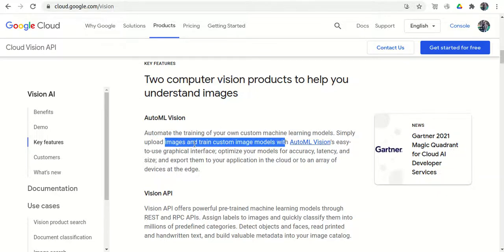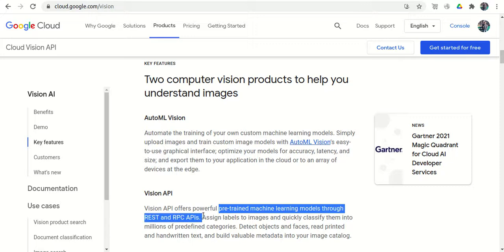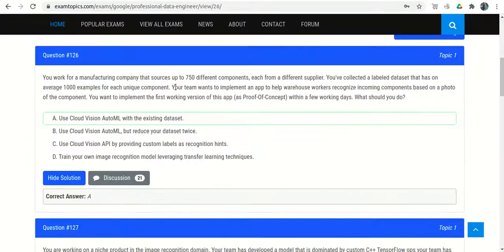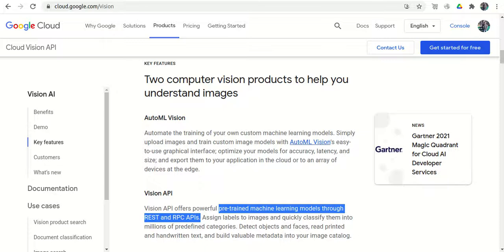And the Vision API offers powerful pre-trained machine learning models through REST API. The models are already trained, we just need to access them to detect images, and they will only detect images on which they are trained. But in our question we are not sure whether the existing model is trained on our components or not. So we will use AutoML.